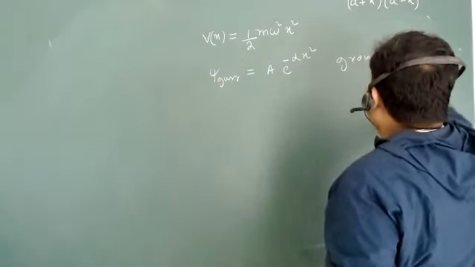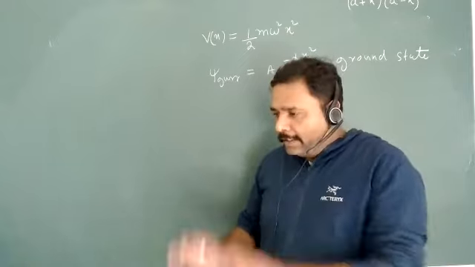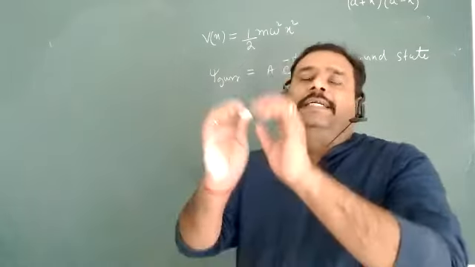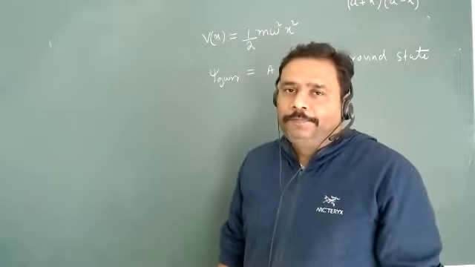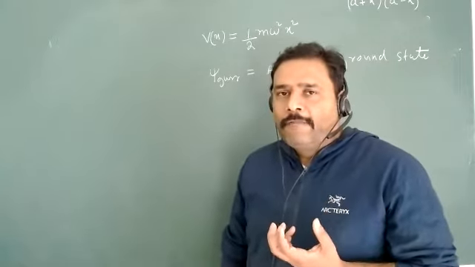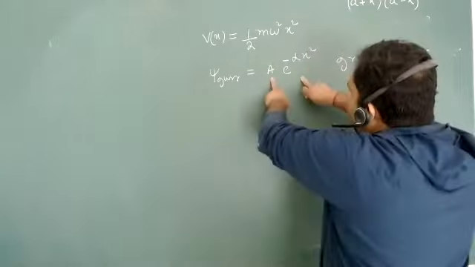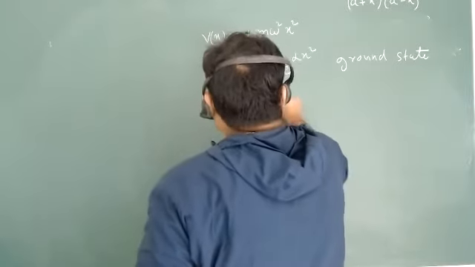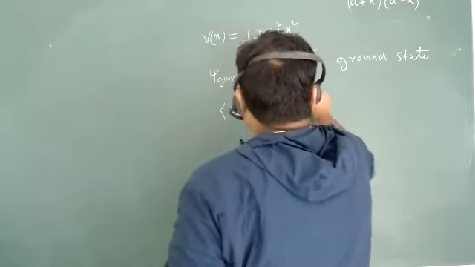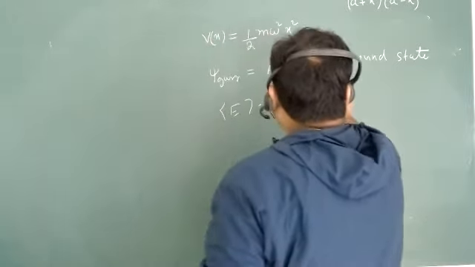Maybe this type of question can come in a good examination, even in NET, if some intelligent people set the question, because here you also have to guess the first excited state accordingly. Are you getting my point? Because this wave function is a guess wave function for the ground state, and I have to calculate the expectation value of energy for the first excited state. How will you proceed?